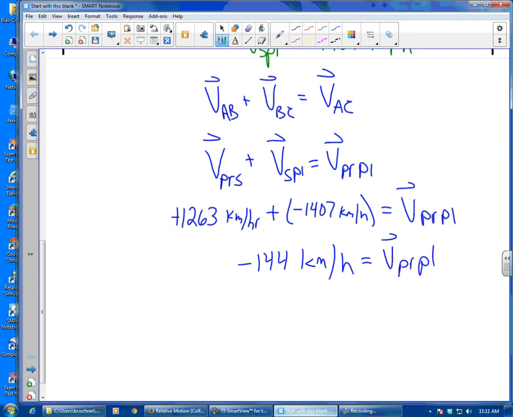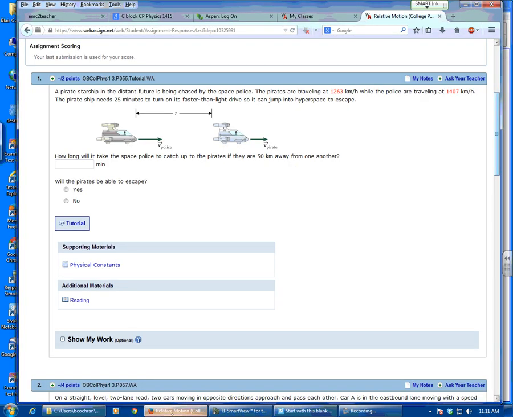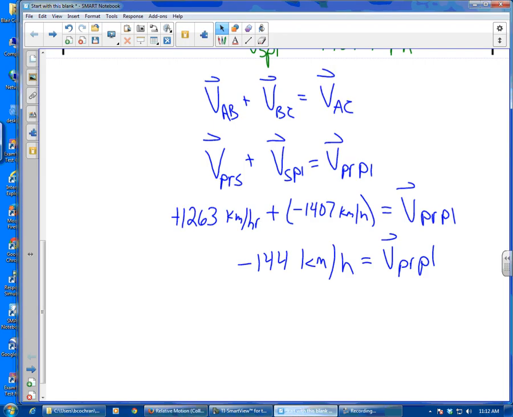And so, if we look at our situation again, the two meet up when they're at the same space, right? So we need to figure out, since the police are just sitting there, how long does it take the pirates moving at negative 144 kilometers an hour to move backwards to the police, right? Because in our frame of reference, the police, we're just sitting there, they're just coming towards us. So to do that,